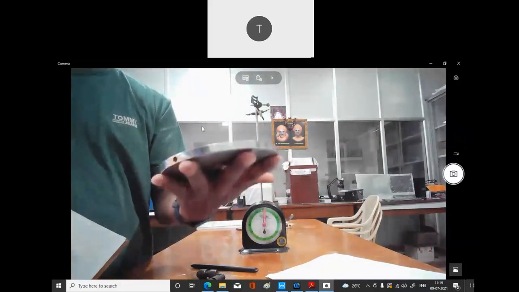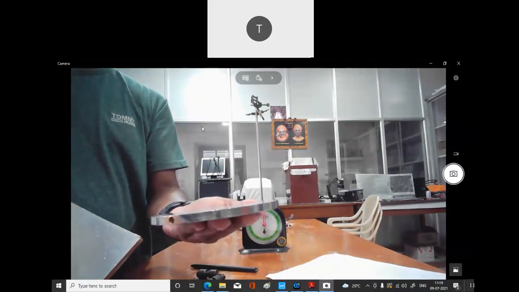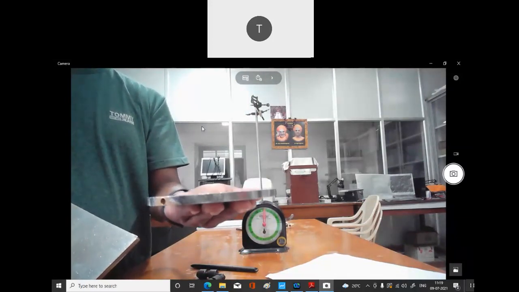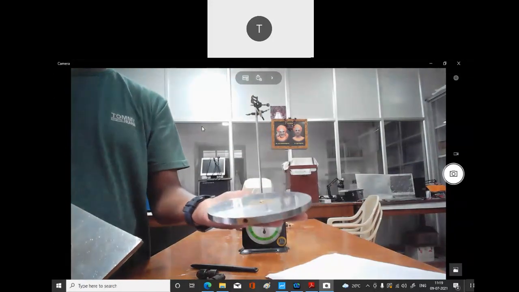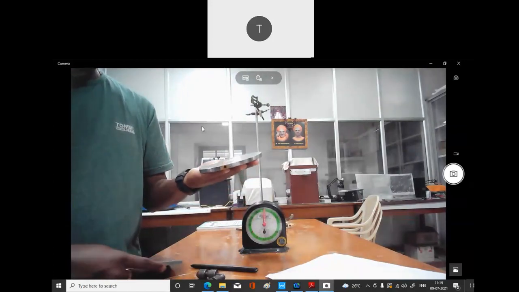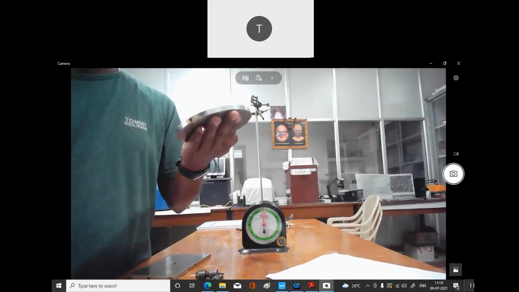This has a weight of almost, it may not look heavy, but it's close to 700 to 800 pounds. There is a balance in the lab. What you're supposed to do is put this in the balance and take the weight. We have an analog balance, which I guess most of you have seen.